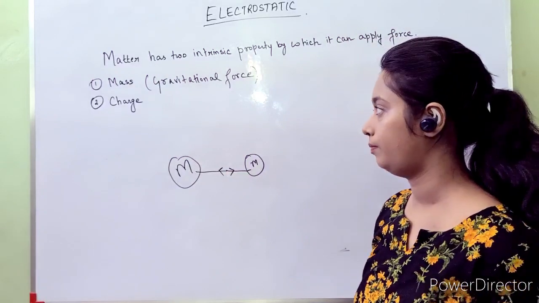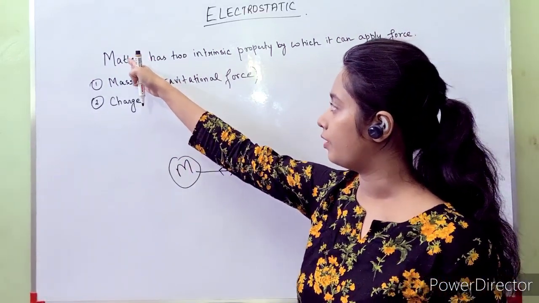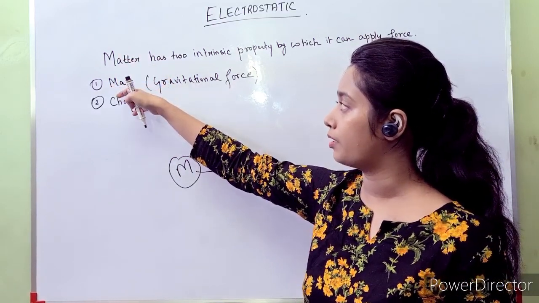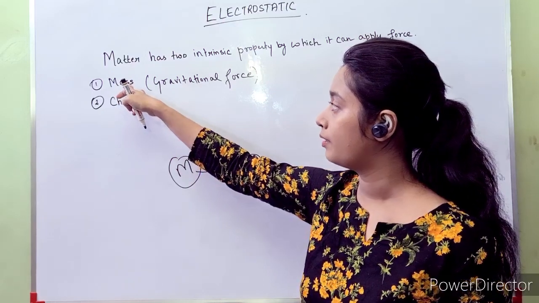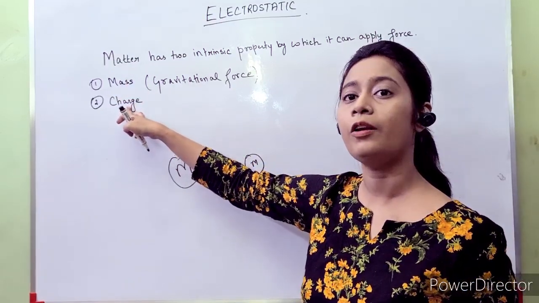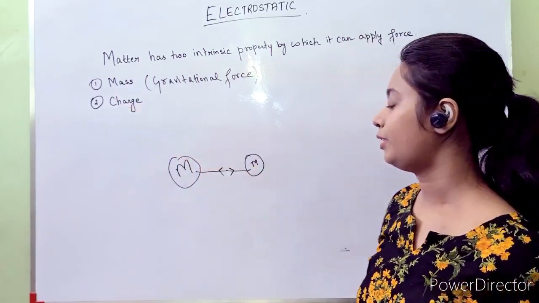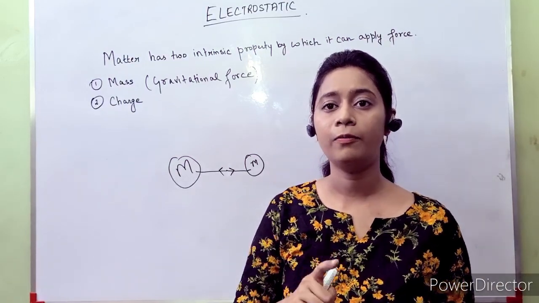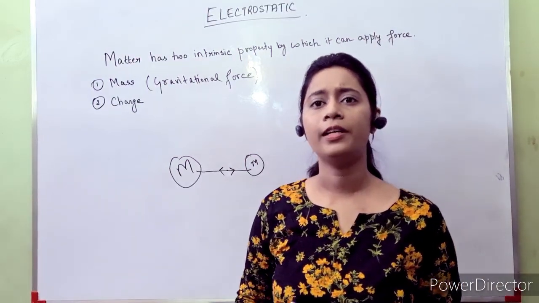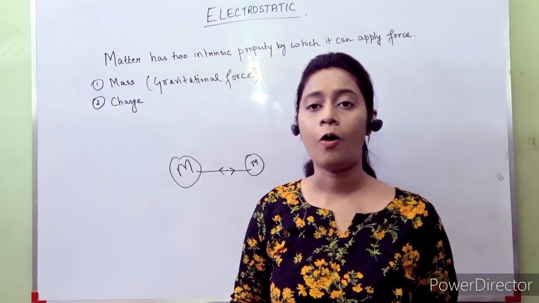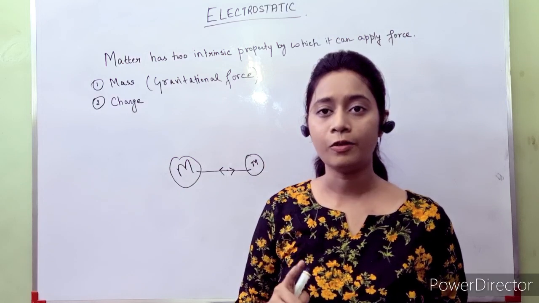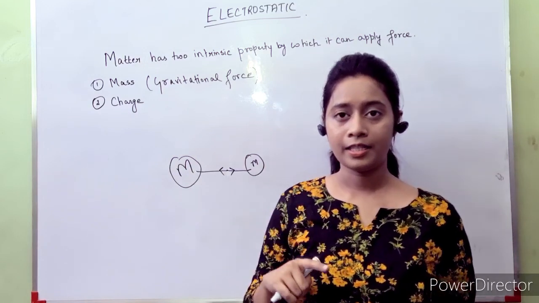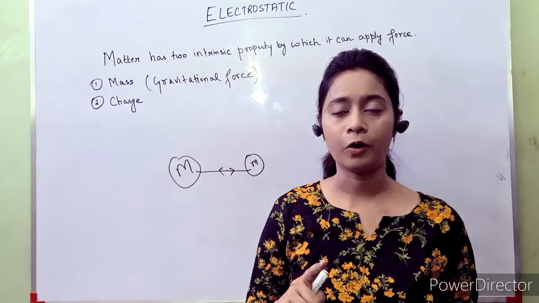Now what about charge? If there is matter, there has to be mass. And if there is mass, there may be charge or may not be charge. Okay, I'll explain more. Assume you all know that mass is made up of molecules. All molecules are made up of atoms, and all atoms are made up of a nucleus and electrons which are revolving around the nucleus. This nucleus is made up of proton and neutron.